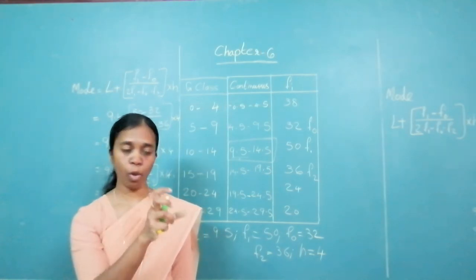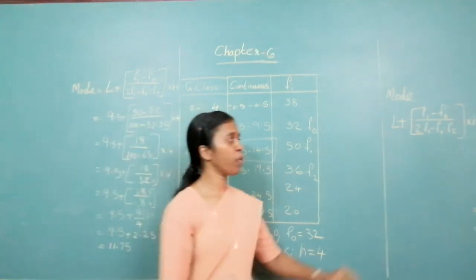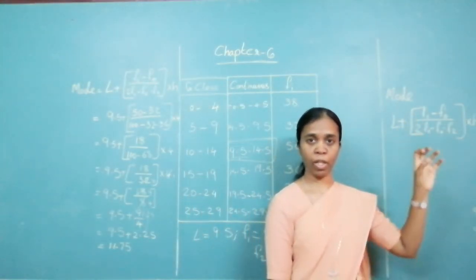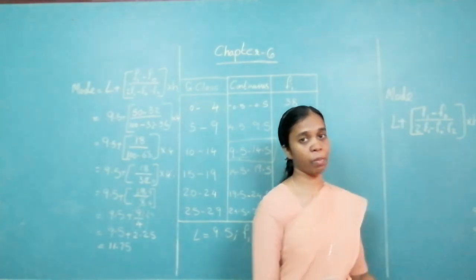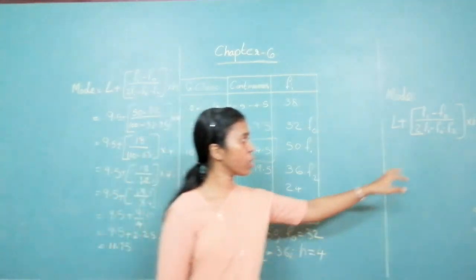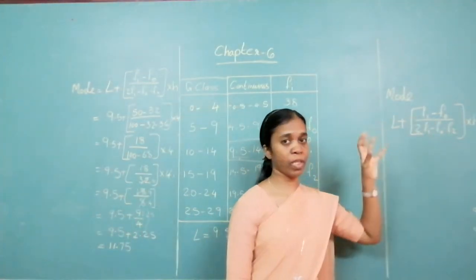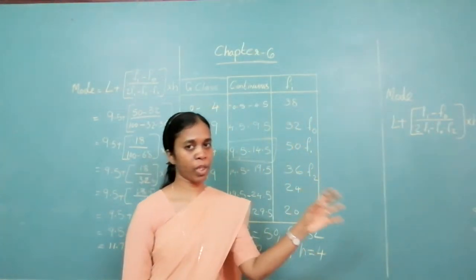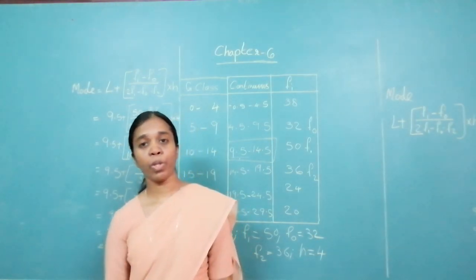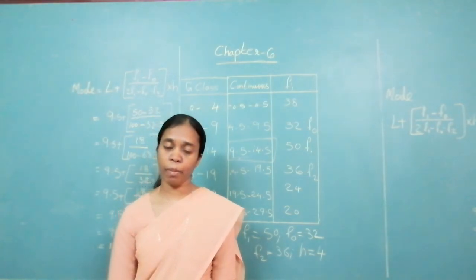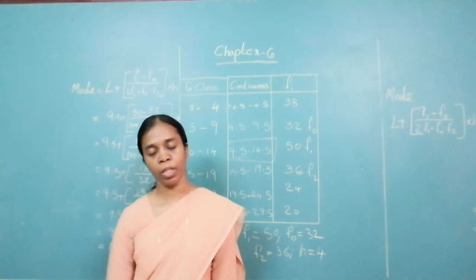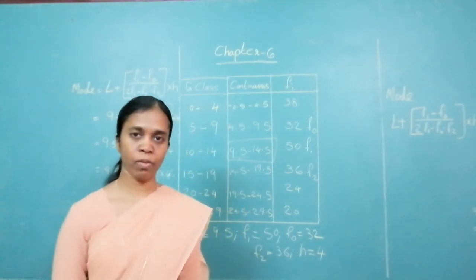Always remember, in mode, f1 is the maximum. From that highest one, the others are minus in the bracket. So from the biggest, that is f1, the others are minus. So this also is minus, this also minus. Then we have to solve it. Now we have to see how to represent the given statistical data by histogram, frequency polygon, and pie diagram. That we shall do. Okay, stop over here.